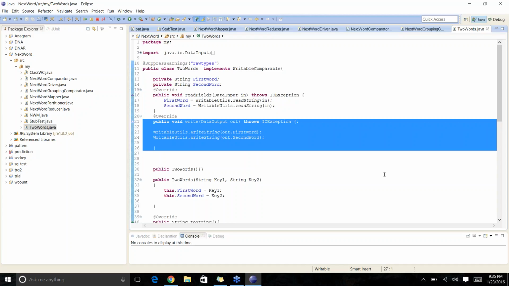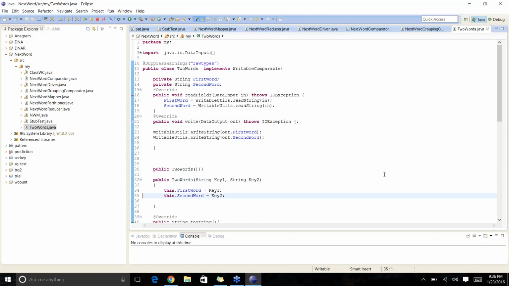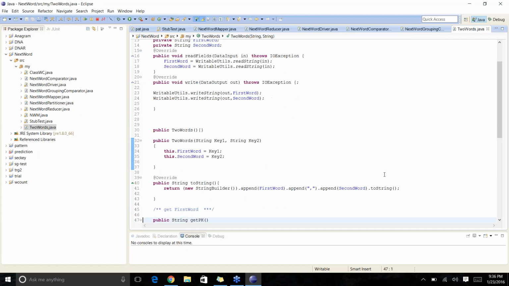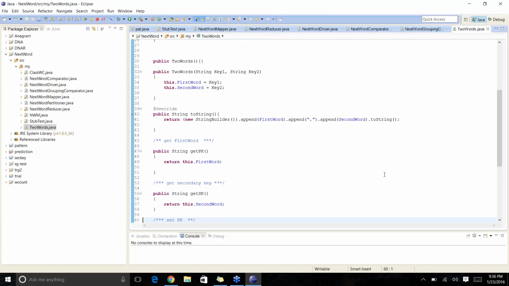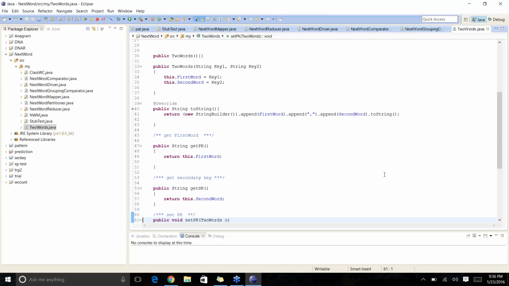You can see the part which is selected: you're saying write this data into the stream. Now the next thing you have to implement is the comparator part. These are the constructors, which you may or may not define. toString is also not very much needed. What you need to define is